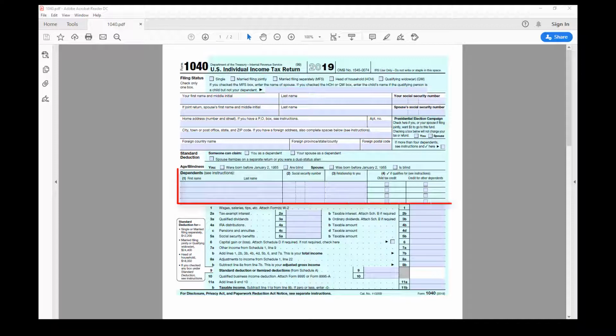Dependents. Here list out all the dependents, his or her Social Security number, relationship, and check the boxes that apply. Students tend to forget to check boxes, or they check it incorrectly. If the individual qualifies for a child tax credit, check here. Or credit for other dependents,